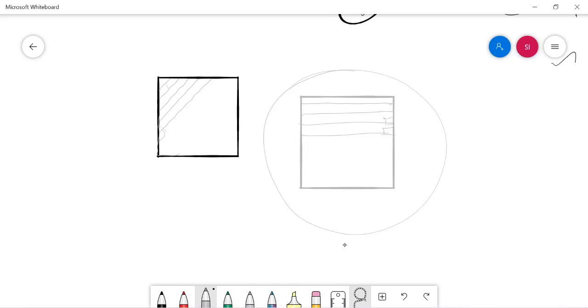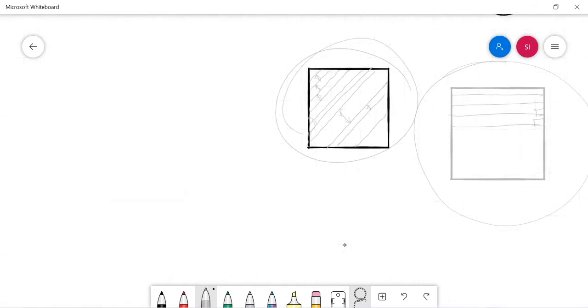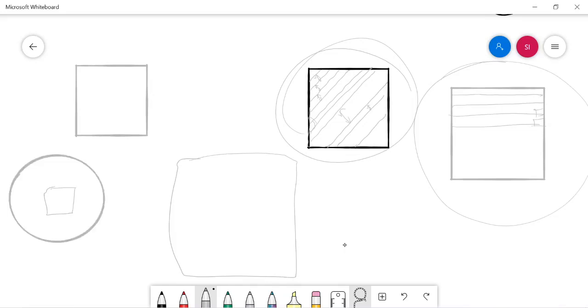And meanwhile, the distance between each hatch line inside a surface should be equal. You should not draw hatch lines with unequal spacing. For example, in this way, you should not hatch. The distance between each hatch line should be uniform in a particular hatching area, and the distance between the hatch lines should be meaningful based on the size of the surface. For example, if this is the area you have to hatch, the distance should be meaningful when you compare with the surface area.